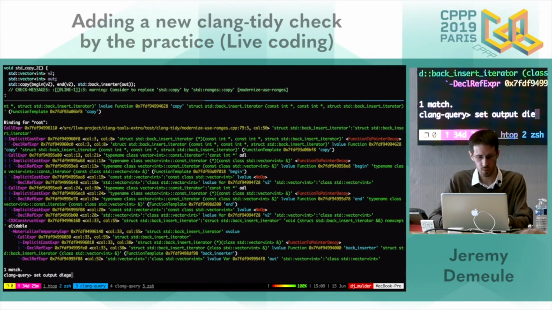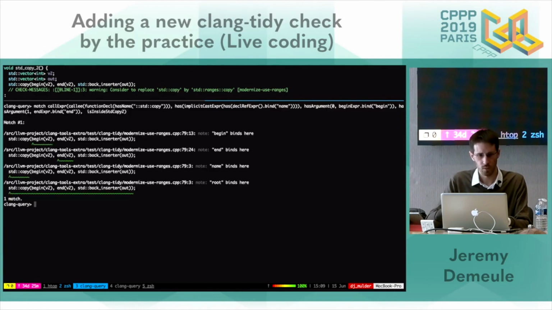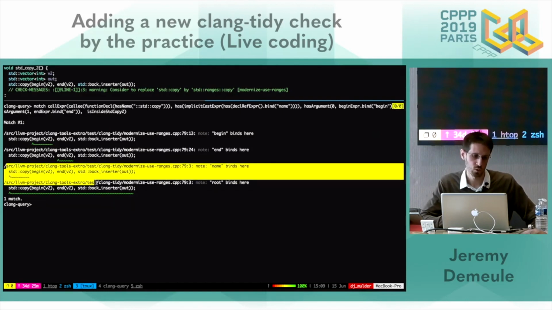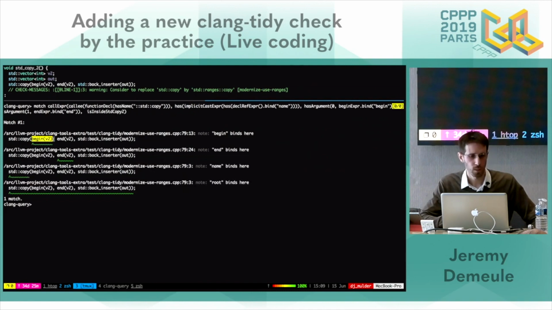Output diag to be sure. And now from a single matcher, I retrieve four pieces of information, the two previously found, and a way to access the begin inside this call, and a way to access the end inside this call too.